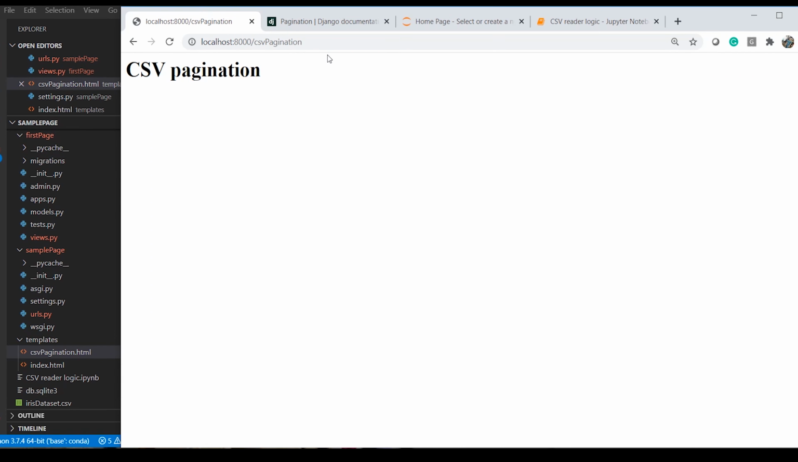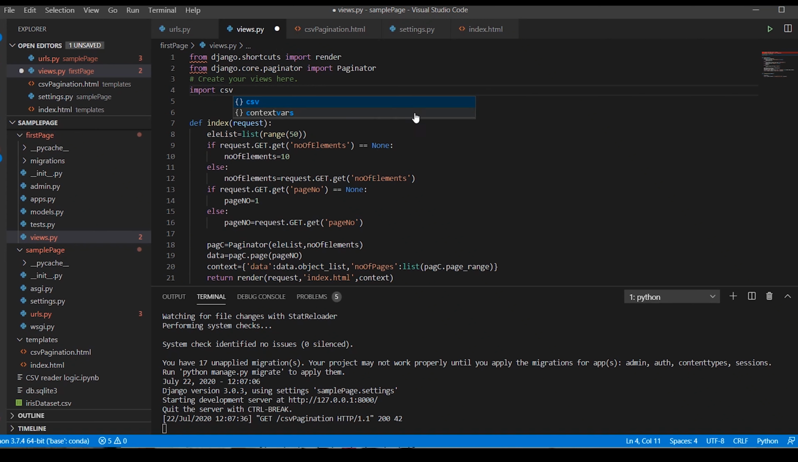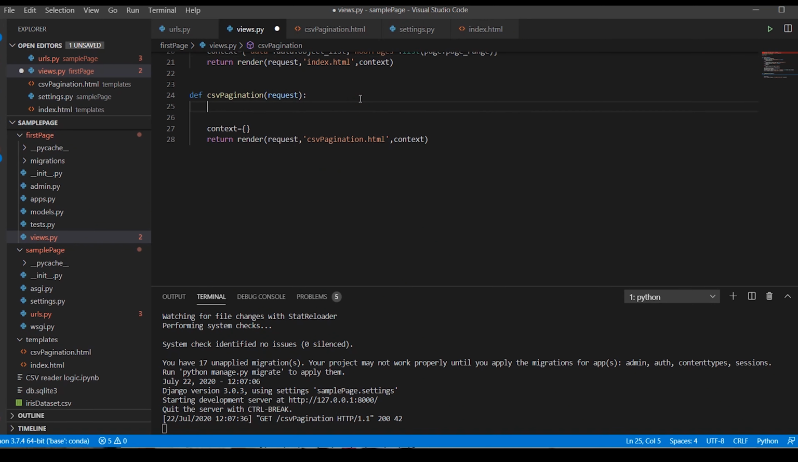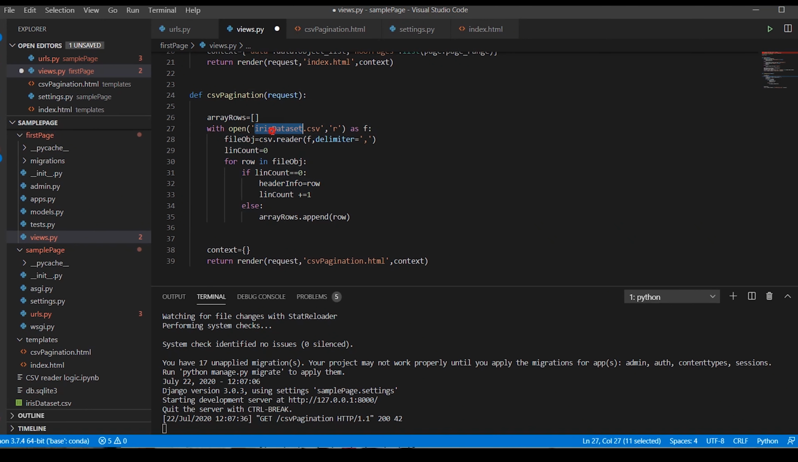I will import CSV and in here, so I will open the iris dataset, and this dataset already belongs in my root, so I don't need to worry about it. Then I will read it. I will have these two values, array rows and header. Where is my header? Header info, and in the context I will just pass the data, and that would be array rows, and the other thing is header info,